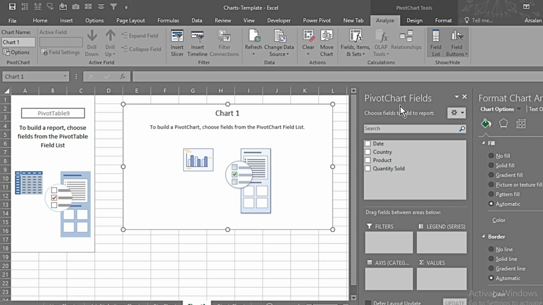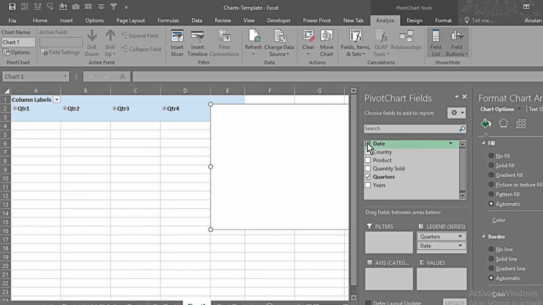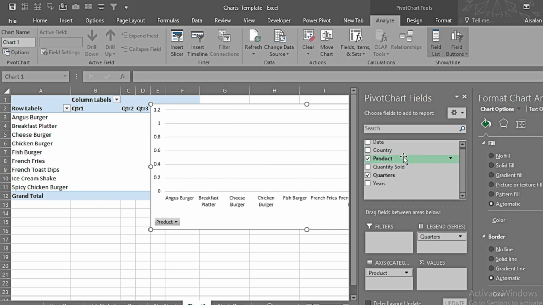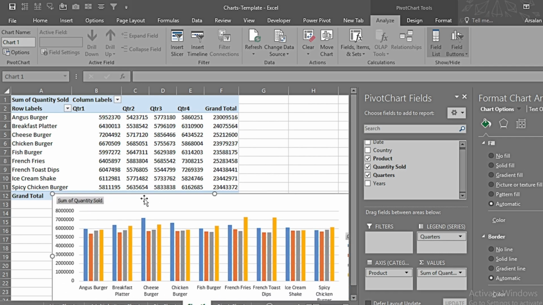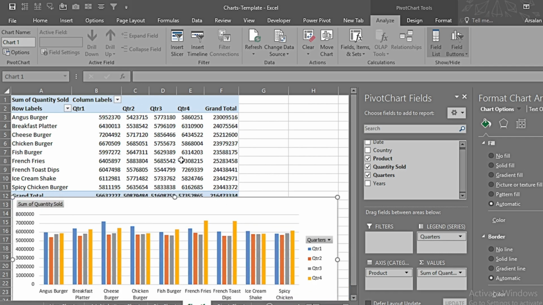So now let's build a chart based on the pivot chart fields. I put the date in the legends. I want the quarters only, so I just keep the quarters. I click and drag the product into the axis and the quantity sold into values. And here we can see that we have the chart. Above that we have the table, and below that we have the chart.